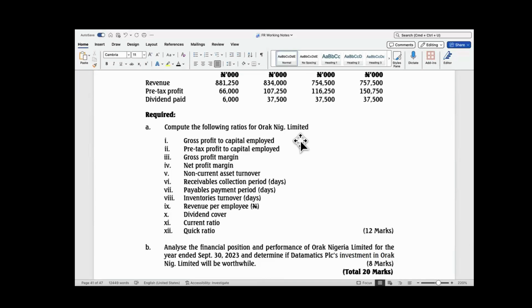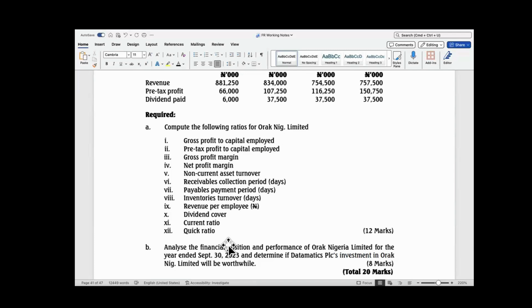And now we are to analyze the financial position and performance of Oracle Nigeria Limited for the year ended September 30, 2023, and determine if Datamatics PLC investments in Oracle Nigeria Limited will be